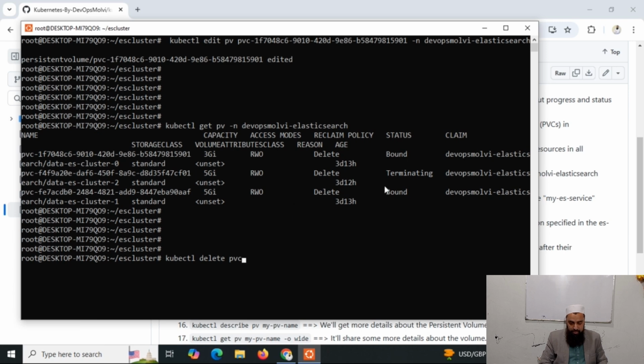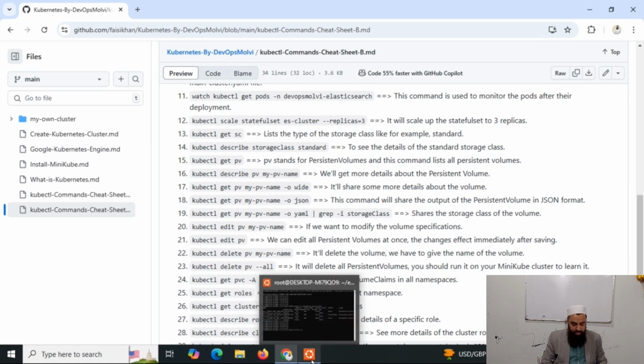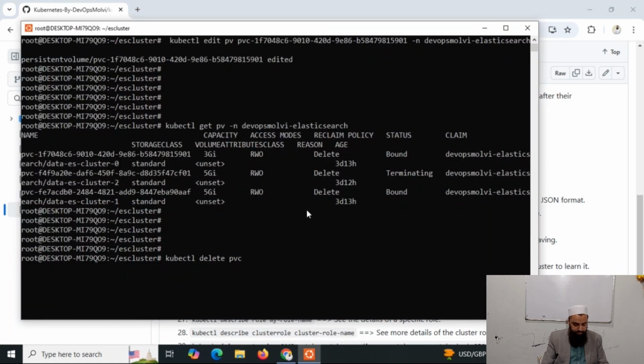I have already shared these commands. Now you can see I have this kubectl get pv. PV stands for persistent volumes, and this command tells us all the persistent volumes. Similarly, I can use the describe command, kubectl describe. I have already run this command. Now let's run kubectl get pv and the name of the persistent volume